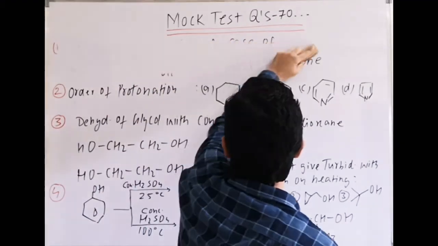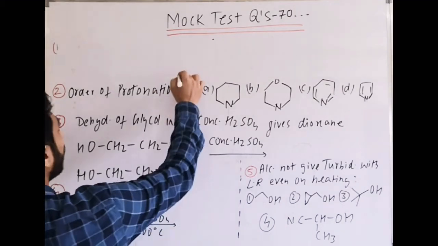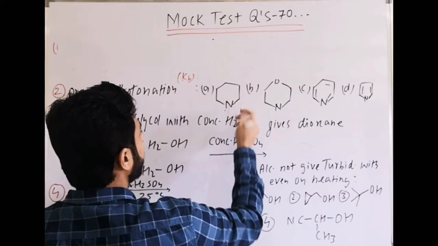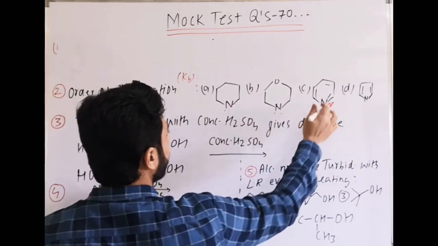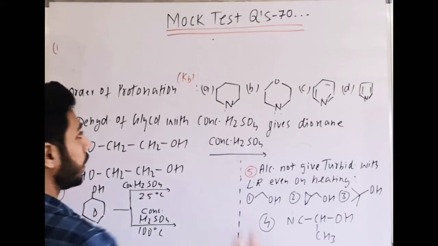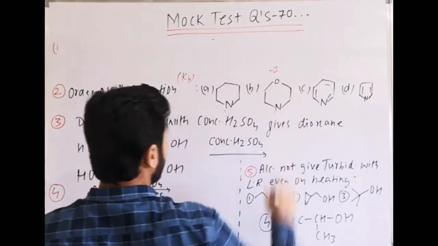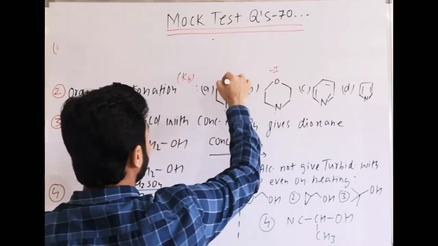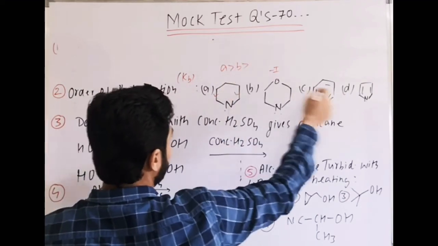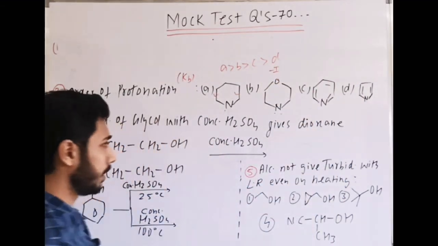That means basic strength order, or Kb order. Among them, simply find which is most basic: sp3 carbon, sp3 carbon, sp2, sp2. That means A and B should be more basic than C and D. Now between them, if you have to compare, it is the minus I effect of oxygen because there is no conjugation, and here only the plus I effect of CH3, so it is A maximum, then B, then pyridine is more basic than pyrrole. Already in GOC we have done that reasoning, so again